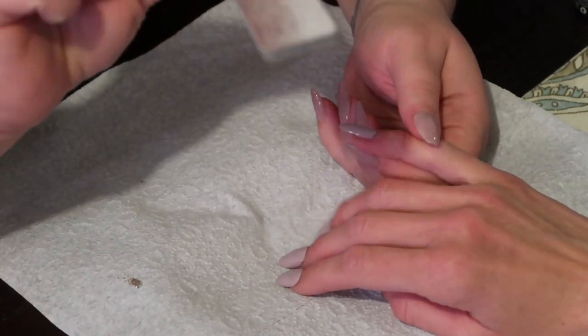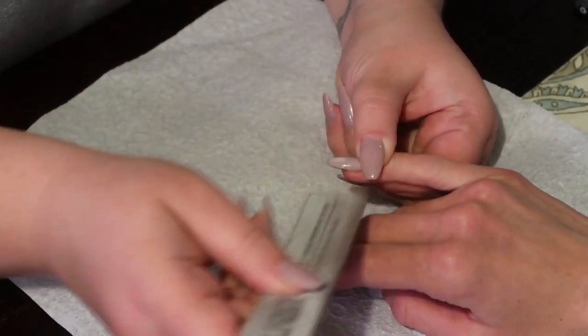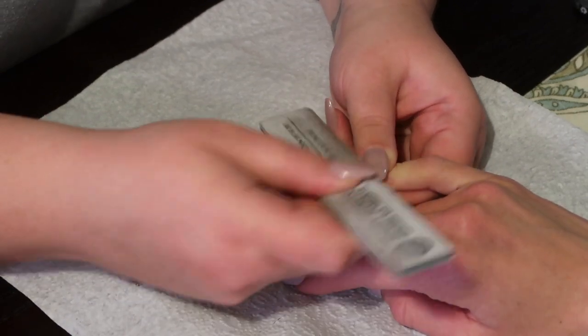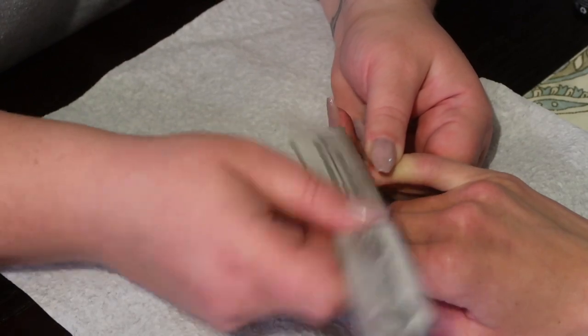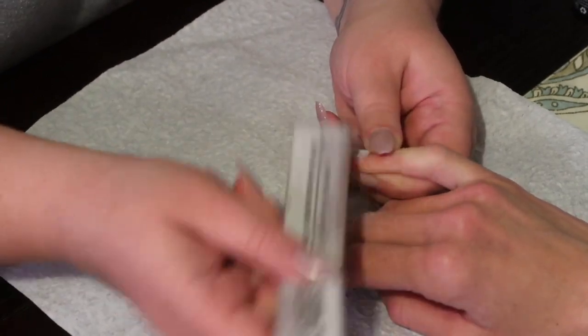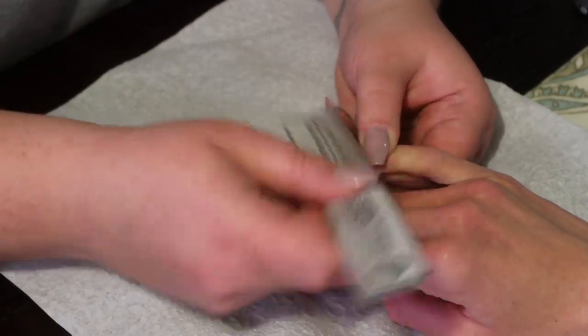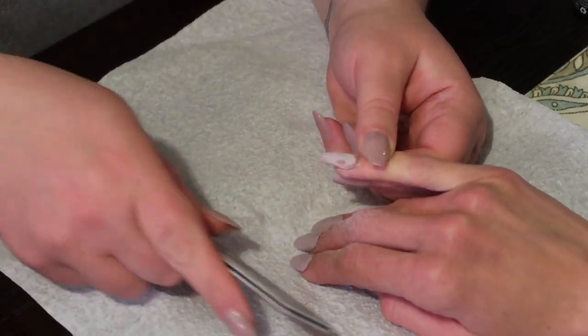You're again gonna take the coarsest file that you can find, and you're gonna remove all of the shine off of the fingernail. Because all of that shine is top coat or sealer, and depending on the top coat or sealer, they don't all dissolve with acetone. So once you've gone all the way over and you've removed it and it's all dull,